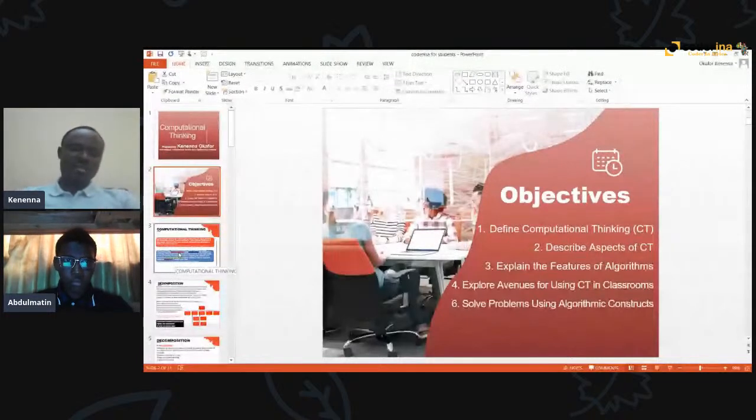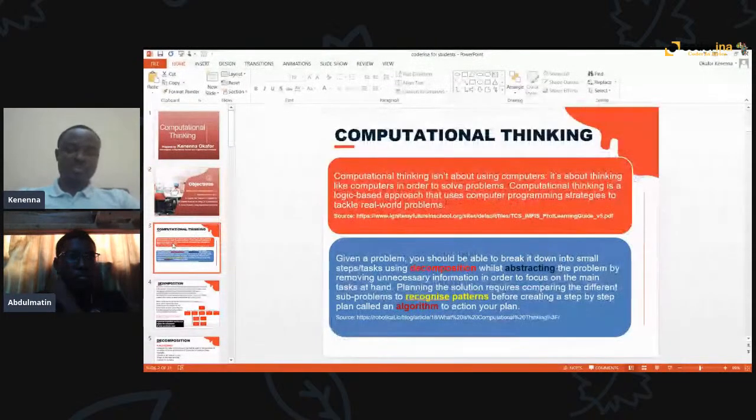So guys, if I would ask you, what would you say computational thinking is? What would you say computational thinking is? You could leave a message on the chat box if you think you can handle it. You want to tell us what computational thinking entails. Anyone? Okay. All right. So while we're waiting